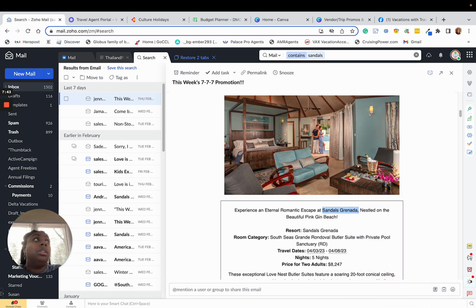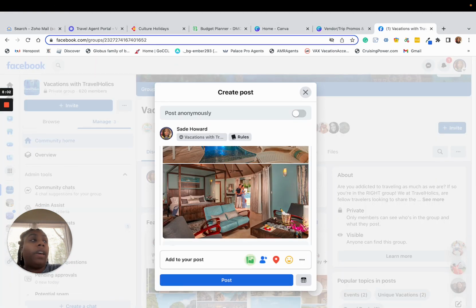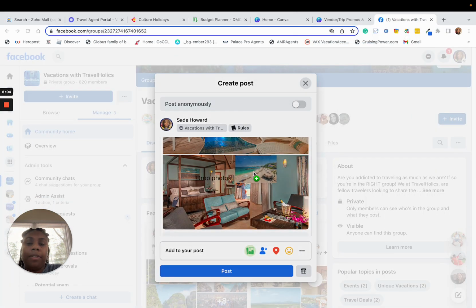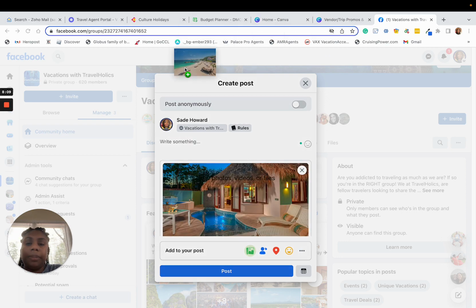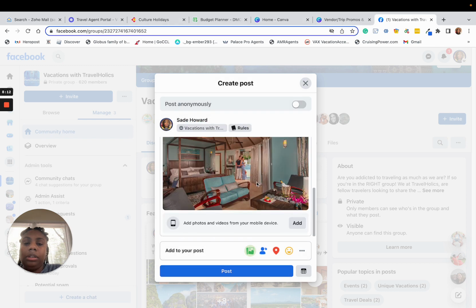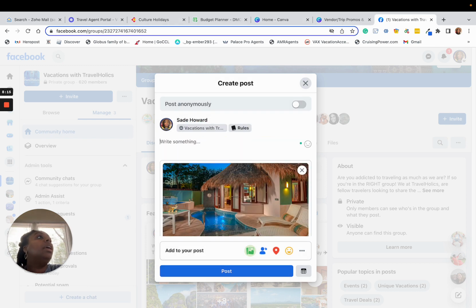So I'm going to Google some more of these Sandals Grenada images and look at them. I see a couple of photos that I like. I always like to include a really nice beach view. So if I can, I will grab a view of the beach and see if that will tack on. Okay, let's see. Sandals beach view. We need one that is not